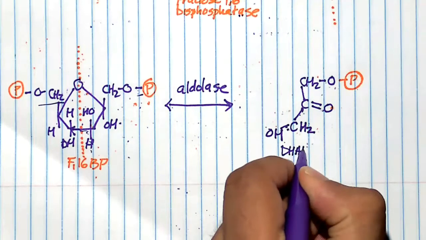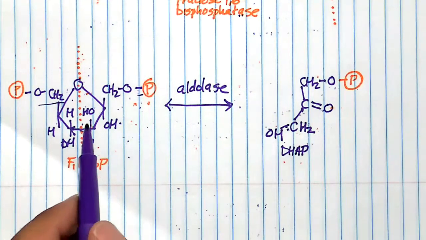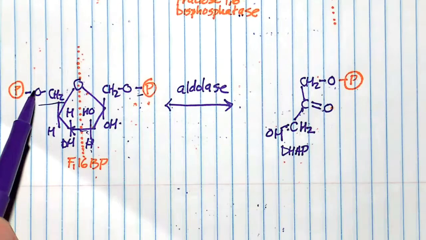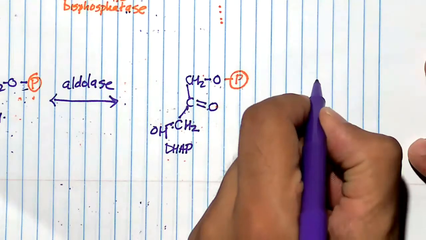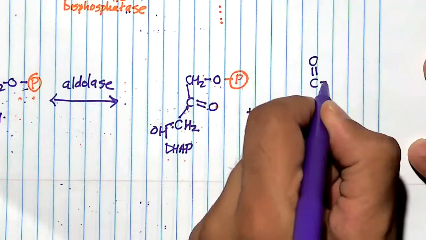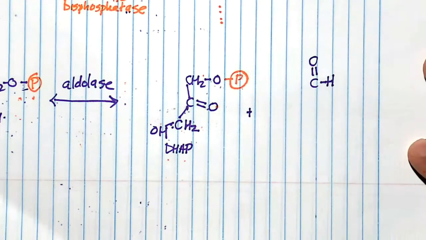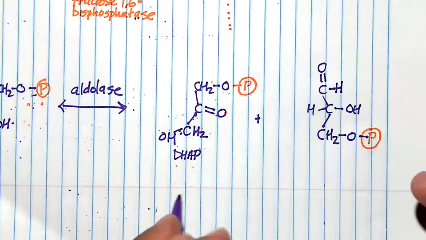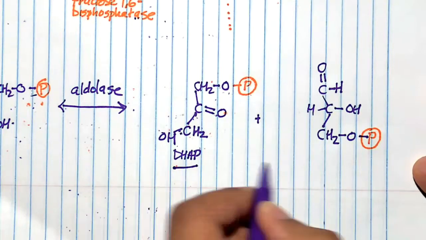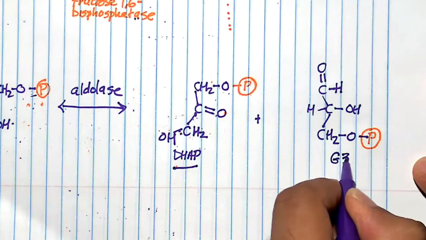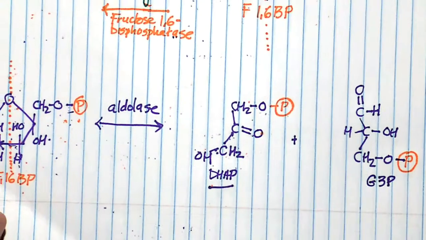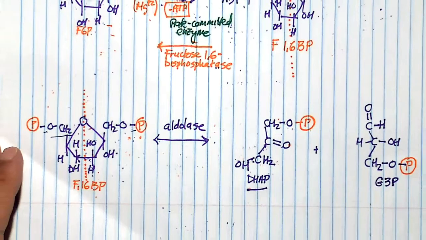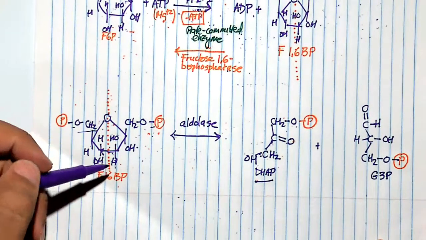And then the other one will be the aldehyde, glyceraldehyde 3-phosphate. Dihydroxyacetone phosphate, glyceraldehyde 3-phosphate. Okay. So I'm not going to go over the mechanism of this aldolase reaction, but suffice to say